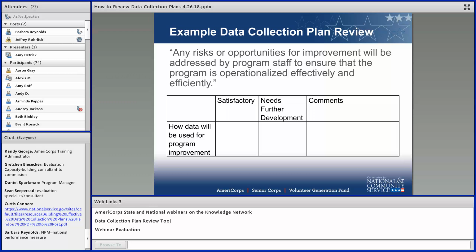The plan you see here promises that they will improve things when they can, when the opportunity arises, but it doesn't provide any details about what they might improve and how they might do that. So it's important to help lead new grantees through a more detailed thought experiment about the types of data trends they might see in the first couple of years of program implementation, and then what they could do to respond to those trends effectively. Obviously, this will be hypothetical at first, but it's going to become real very quickly once